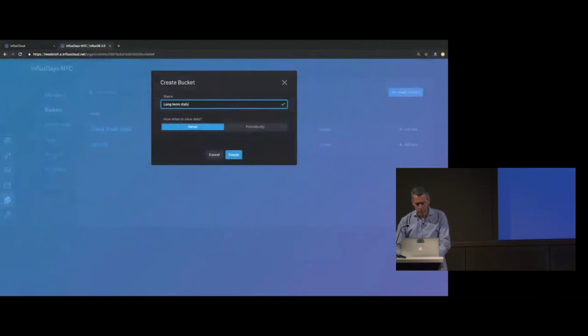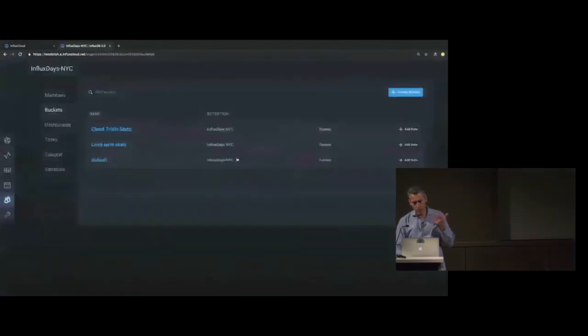So another thing that's pretty common is people want to downsample their data. I think, as Matthew mentioned, keeping the data at 10-second intervals is what I'm collecting it at on my system at the moment. I don't necessarily need the 10-second precision a day, a week, a month from now. Today is sufficient, so I'm going to go through a little bit of downsampling configuration here in a second.